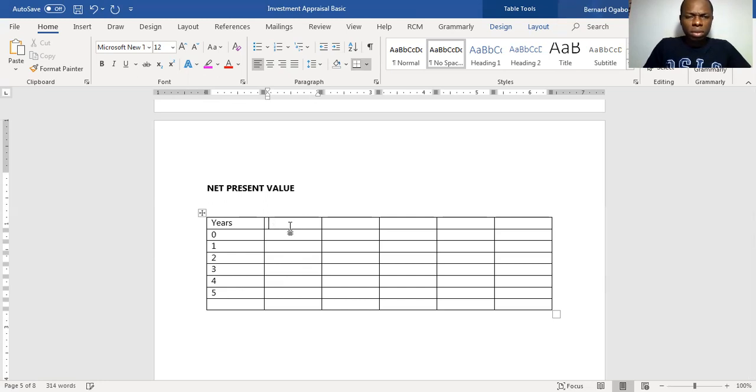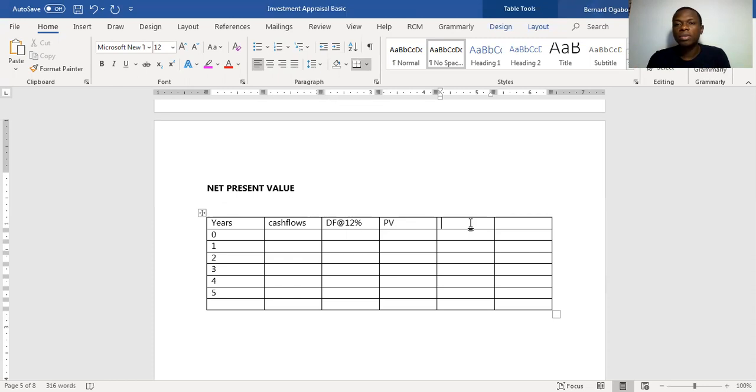Sorry, cash flows, discount factor, we're writing it as DF. They use a discount rate of 12%. Present value, I've represented it here as PV. If we want to do the internal rate of return,